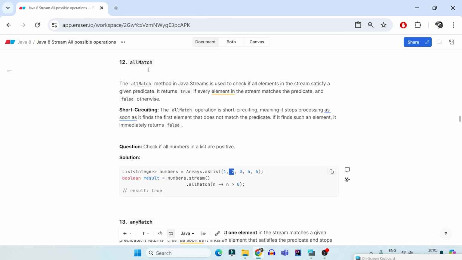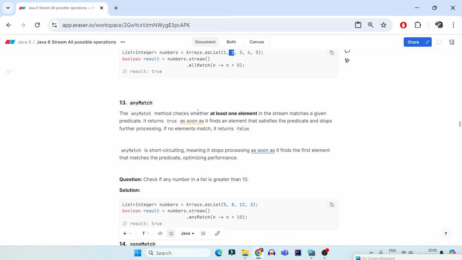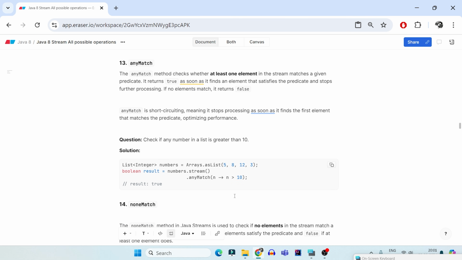So allMatch is going to return you true if everybody matches. That is the best case. If even one of the operations fails with the predicate, it will return you false and stop processing any more items going forward. Similarly is the anyMatch. anyMatch checks if any of the elements matches the given predicate. So for example, check if any element is greater than 10. Is 5 greater than 10?